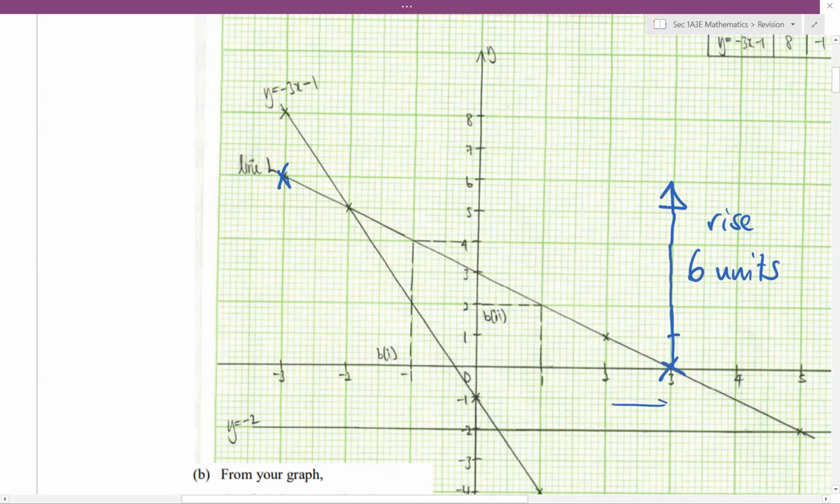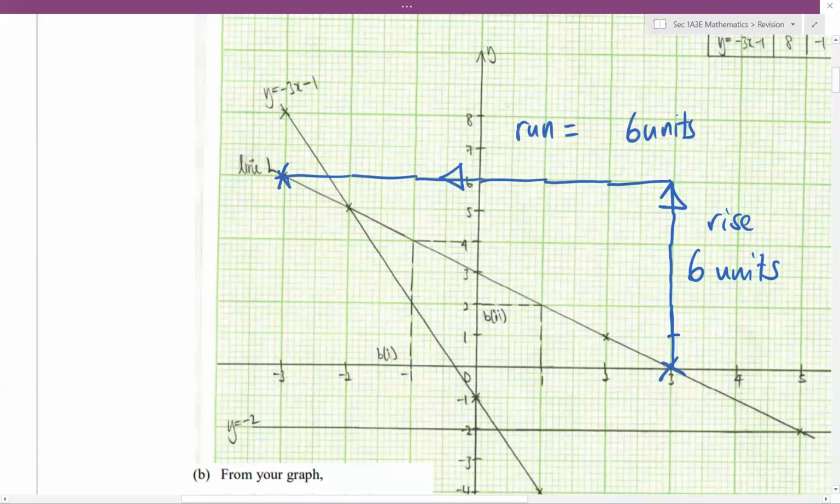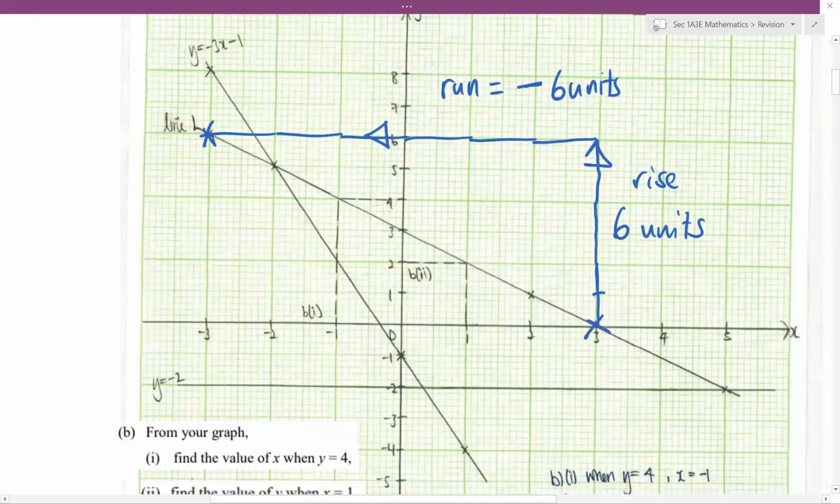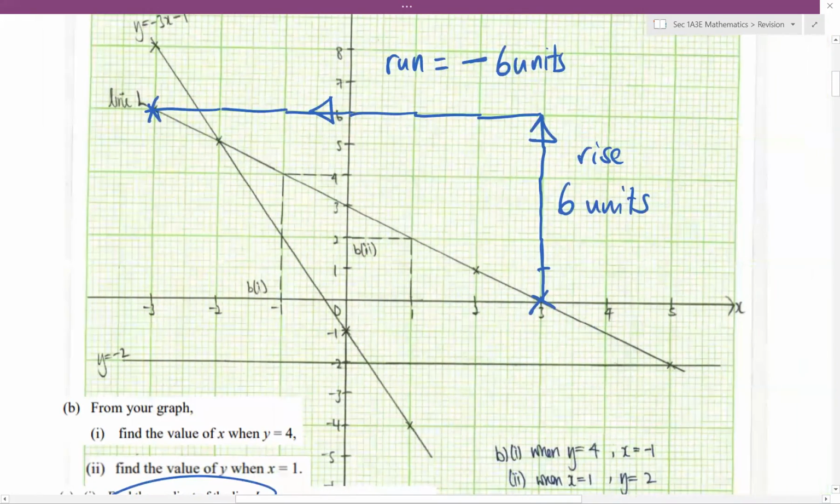This time, 2 cm represents 1 unit. So you have to be very careful about the scale. 1 unit, 2 units, 3, 4, 5, 6 units. Run equals 6 units. However, we are running to the left. To the left is negative. So we put a negative sign. Therefore, our gradient is rise, which is 6, over the run, which is negative 6, giving us